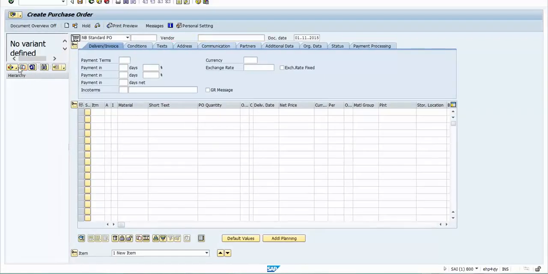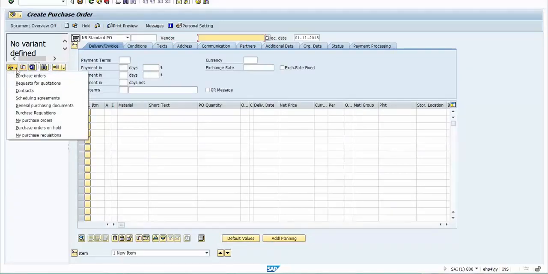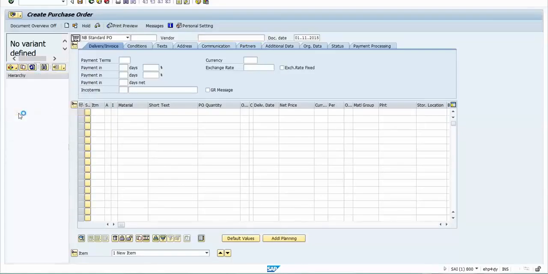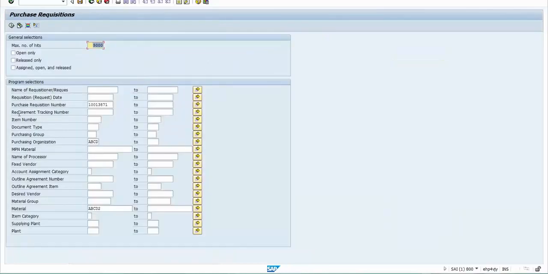Here you have this button called selection variant. In this, click on my purchase requisitions. Okay, it will show you all the purchase requisitions that are available. Okay, so this is the purchase requisition, right? Now execute this,